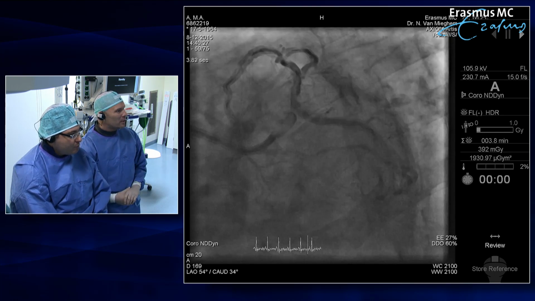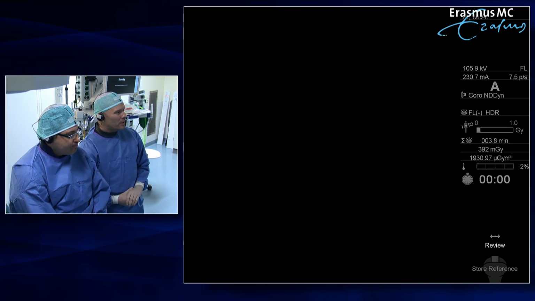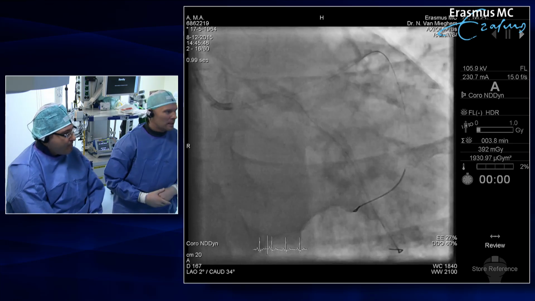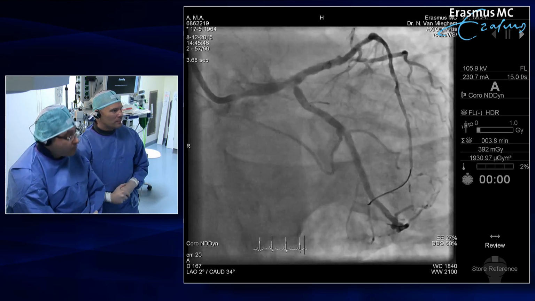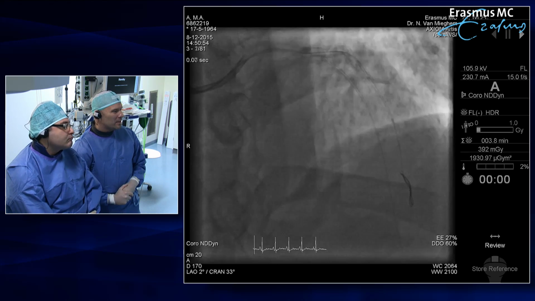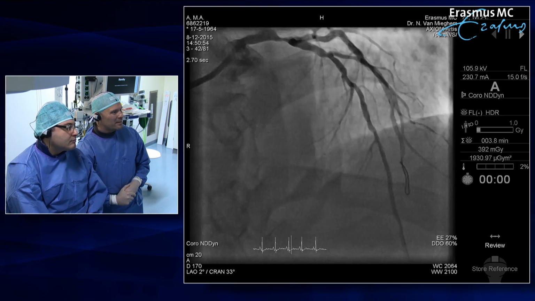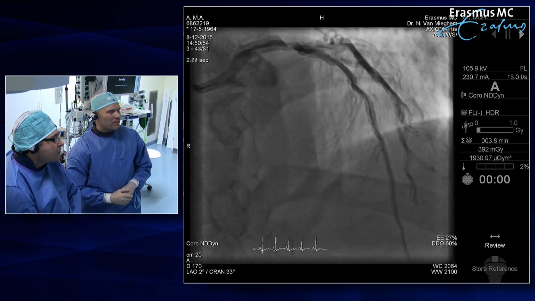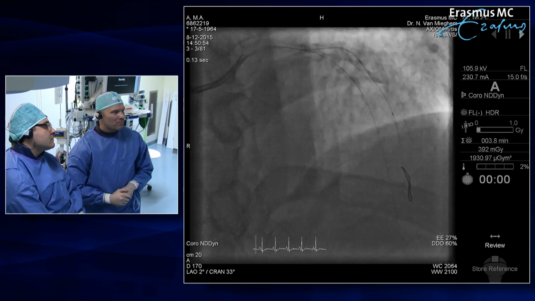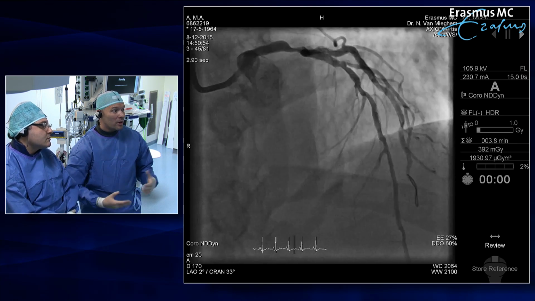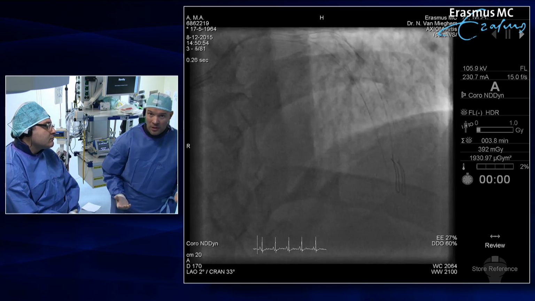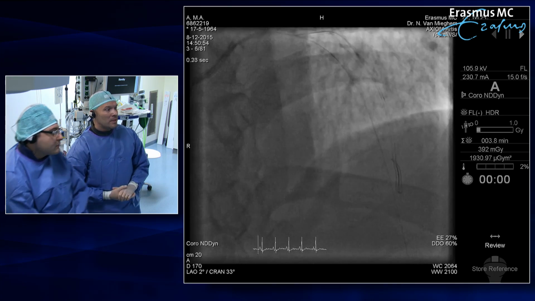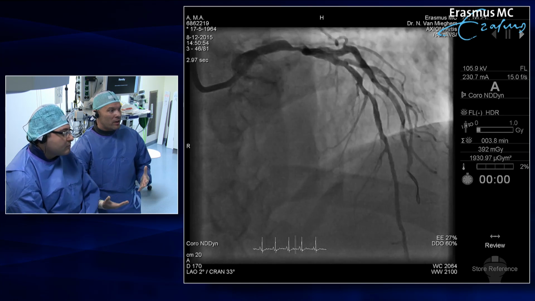And maybe we can show the caudal view, where we have another appreciation of the distal left main. So definitely this is a Medina 1,1,1. And then a cranial view. And this was maybe a little bit unanticipated, that also the LAD has some intermediate disease in the mid portions. So I think it's very valid to do an FFR at this point in time, just to determine our proper strategy. Should we limit our strategy to the distal left main, or do we also need to take into consideration the mid LAD? So maybe here an FFR and a pullback